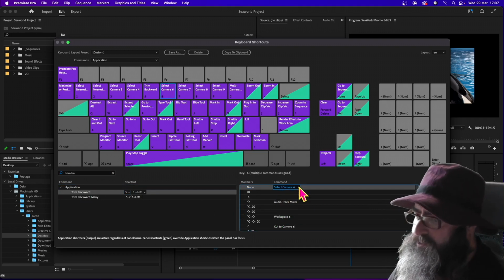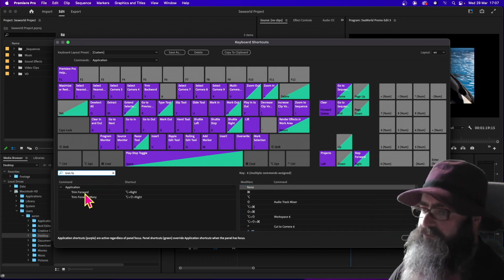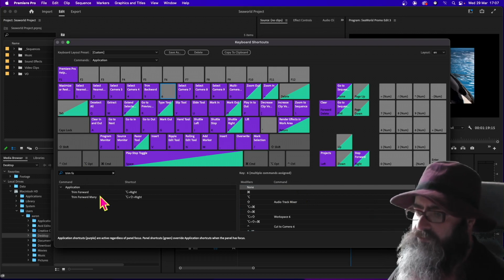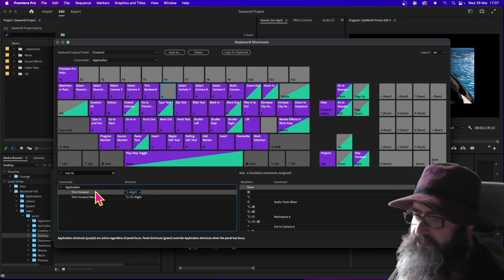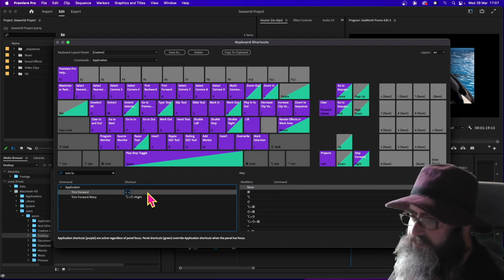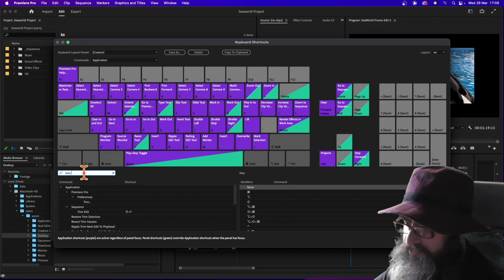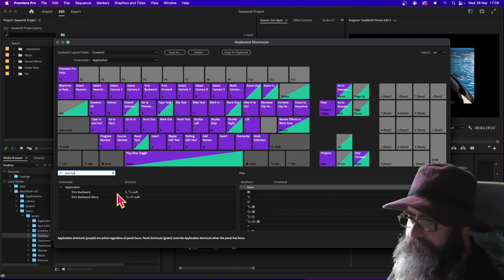And 6 needs to be set to trim forward. So let's just take that out. And there's trim forward. I probably should have taken out what was in there as well. Okay, so trim forward, and let's take out what's in there, and let's do the same with trim backward as well, just to keep it